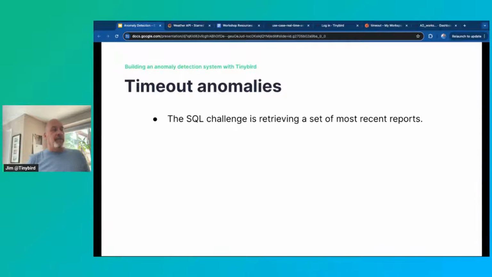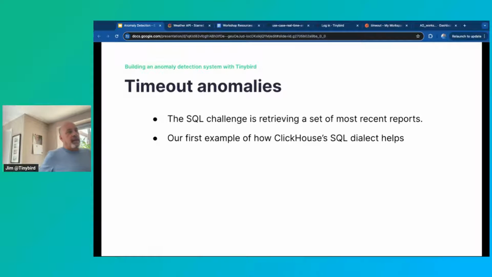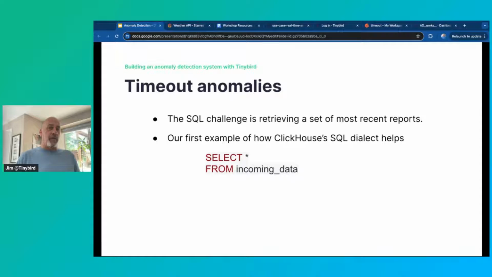So the interesting thing about timeouts in my mind is that it actually is kind of challenging with SQL. The challenge is retrieving a set of the most recent reports. And this type of anomaly is our first example of how the ClickHouse SQL dialect really helps. So here we're going to walk through a very basic SQL statement. What this one does, using a ClickHouse dialect, is easily retrieve the most recent report for a set of data. So in this case, I'm selecting everything from an incoming data source,